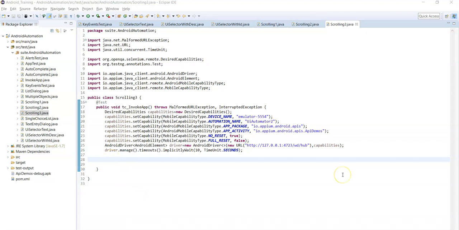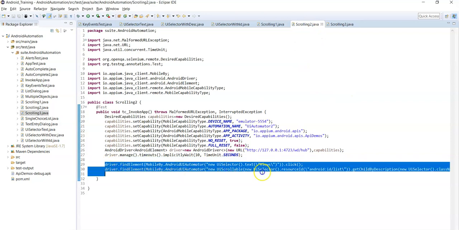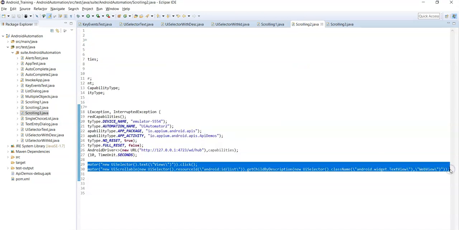Now you can create locator value with UI selector object and any of those methods, and then pass this locator value to the scroll into view method. Okay, now let's see an example using a scroll into view method. So let's copy the same code which we have executed previously.